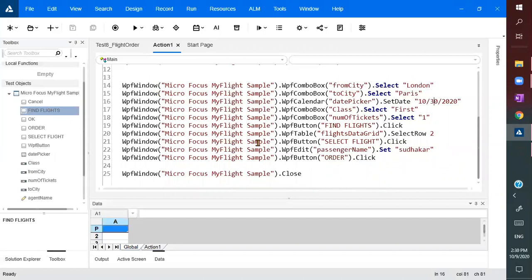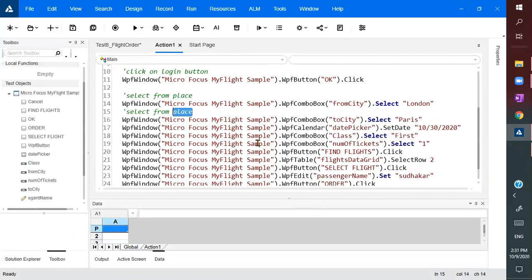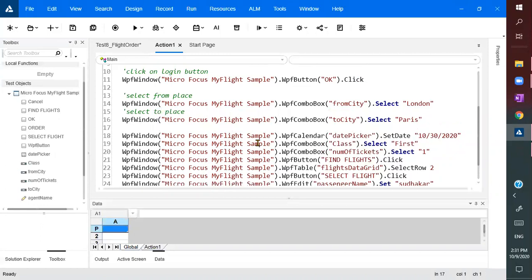So let me also give some comments as well. It will become easy, right? So I'll specify select from place, select to place. I'm simply giving all this data, and then give date